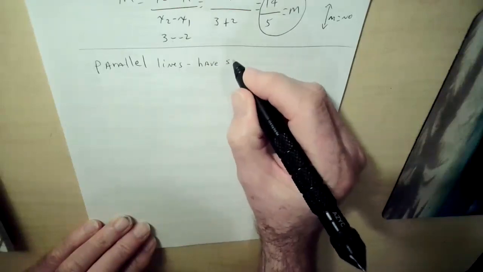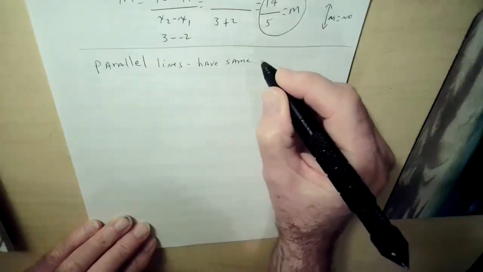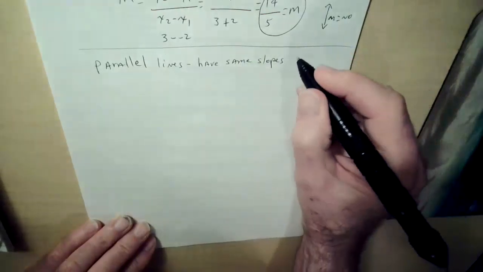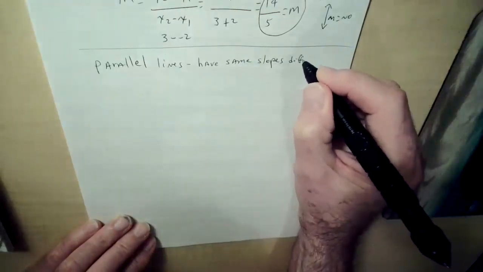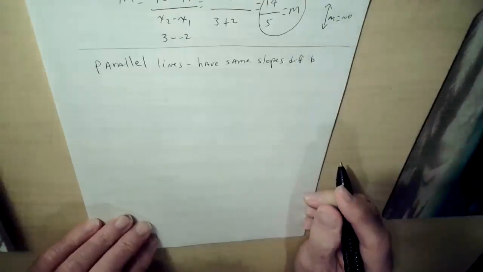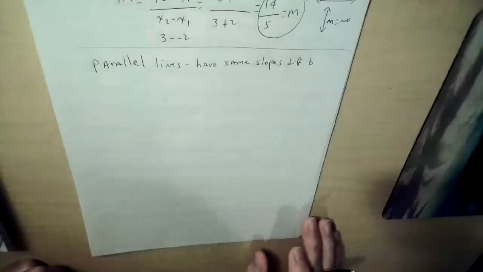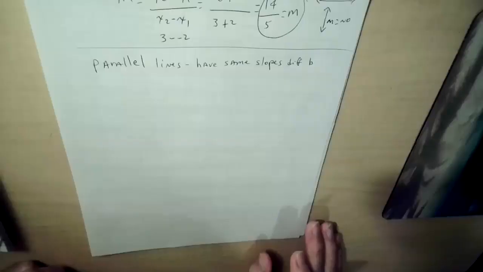And what do we know about parallel lines? They have the same slopes and different